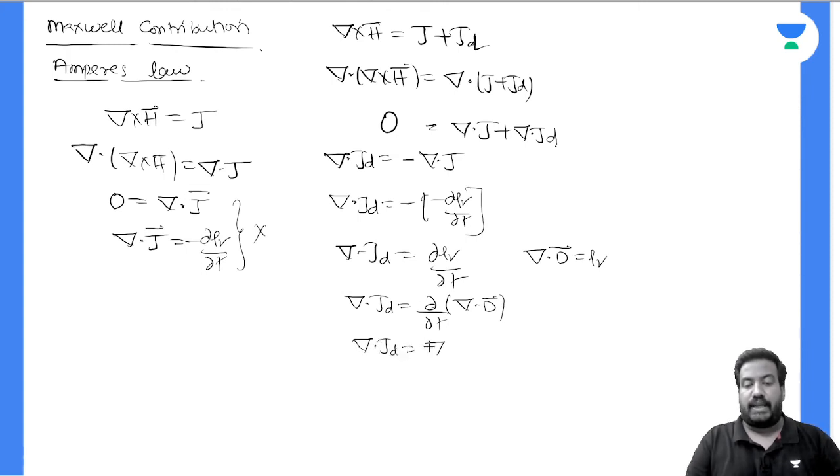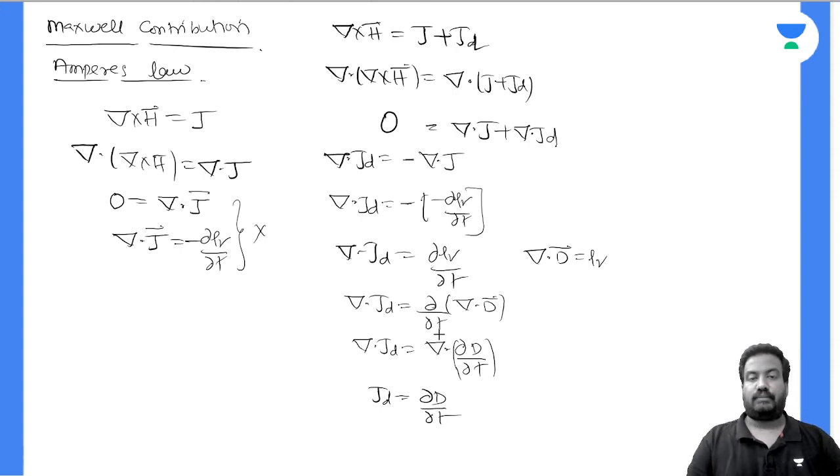Del dot JD is del dot dou D by dou t. From this we derive JD is dou D by dou t. Therefore, from the equation,